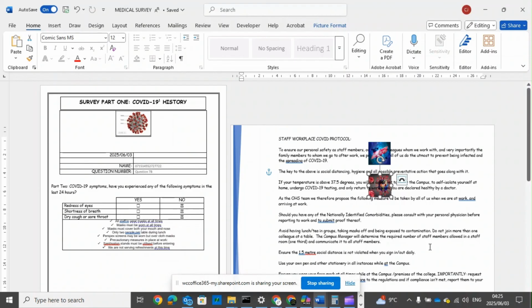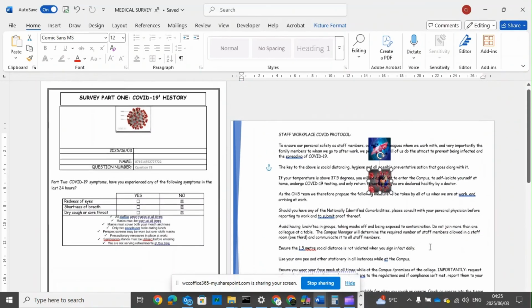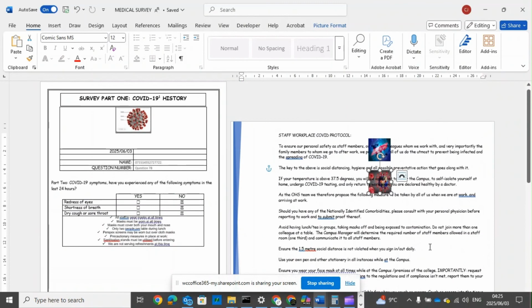Okay, this is how your document or Word file should look like. Question 7b.